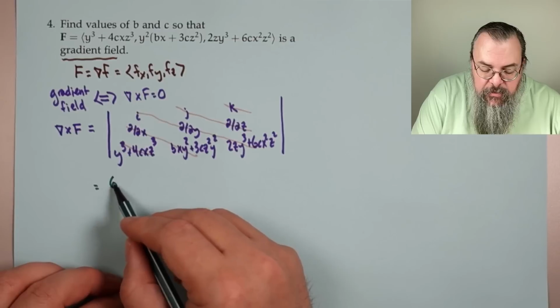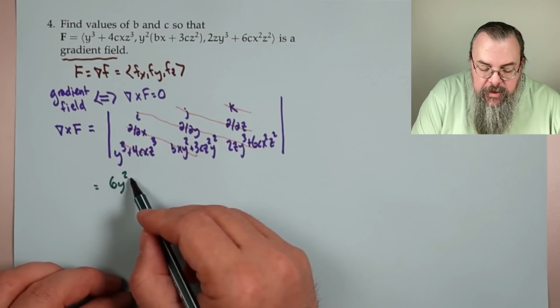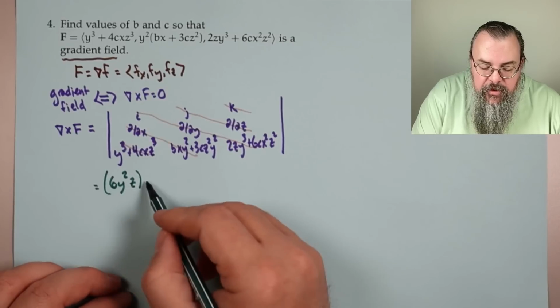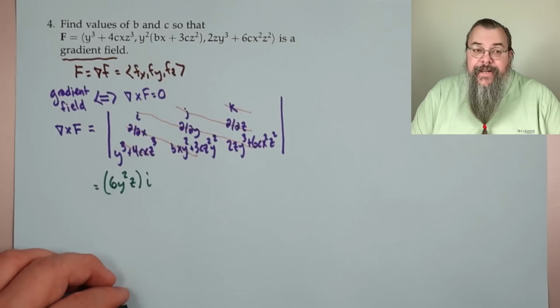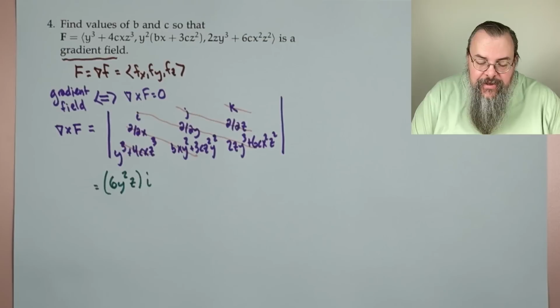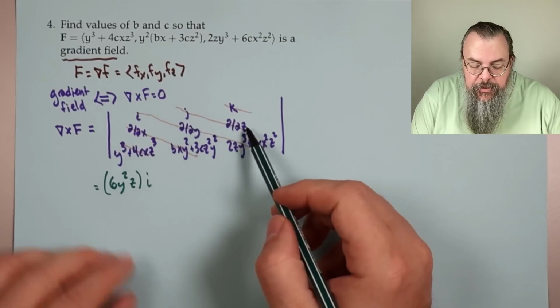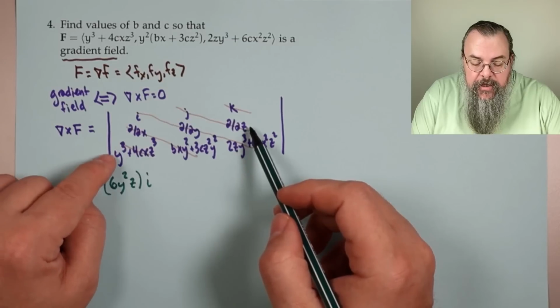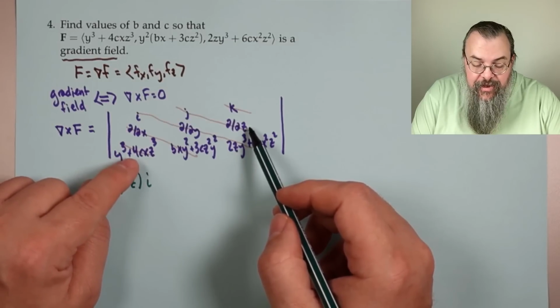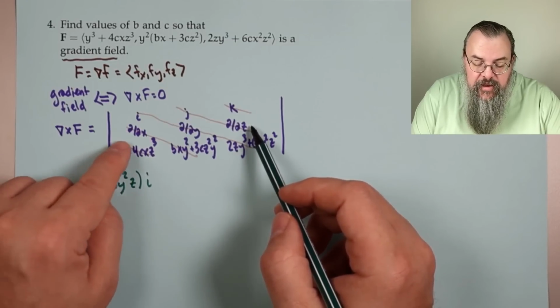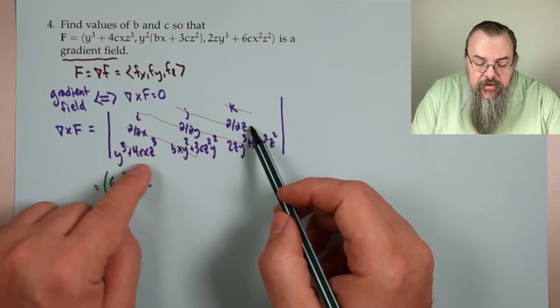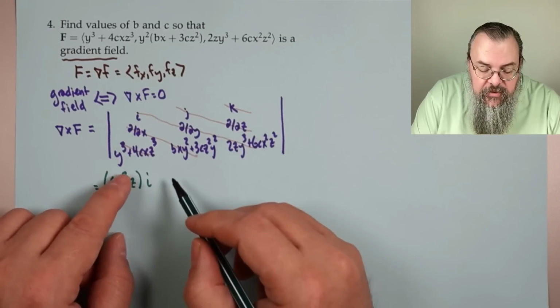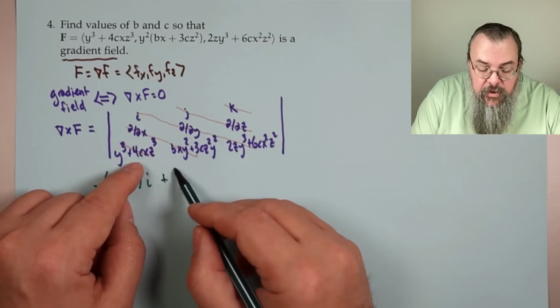We could really put that as 6y squared z. Why not? Might as well go alphabetical order. All right, good. Now j, derivative with respect to z of y cubed plus 4cx z cubed. Well, derivative with respect to z, that goes away. Here, z cubed will become 3z squared. Everything else is a constant. So we get